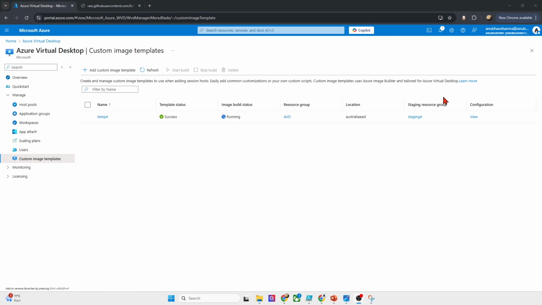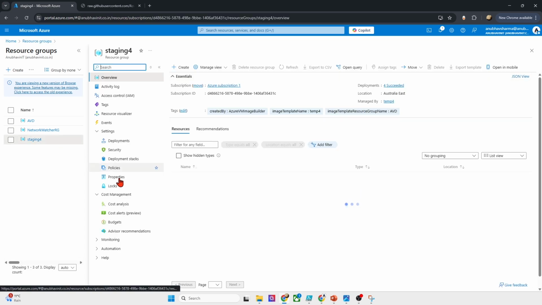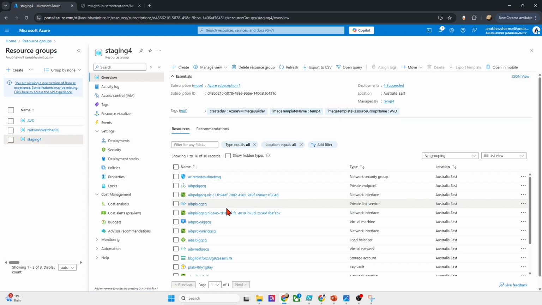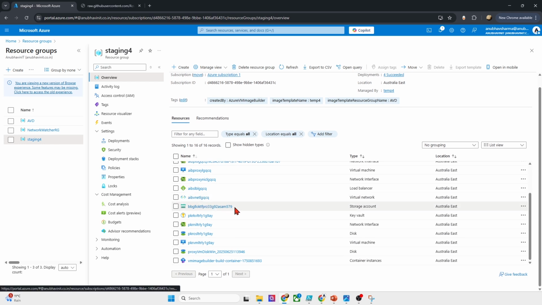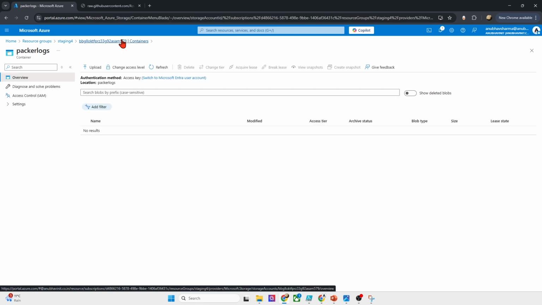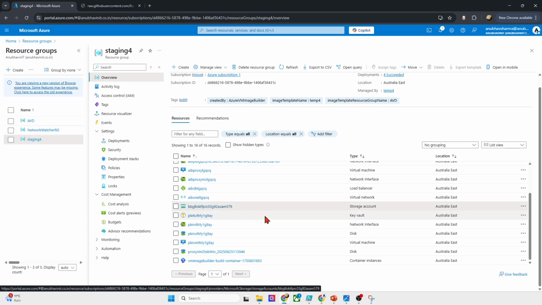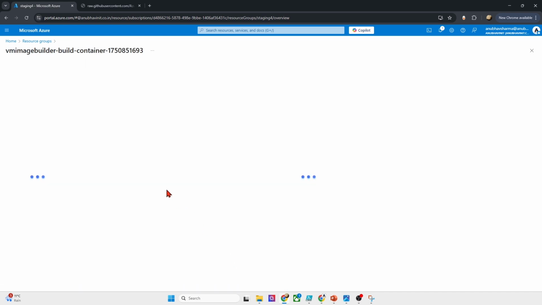It's been a few minutes and it hasn't failed. It's still running. Let's look at the resource group. There are a lot of resources which got created and will get deleted once the image has been taken. We don't have logs as of now, but let's go to container instance,